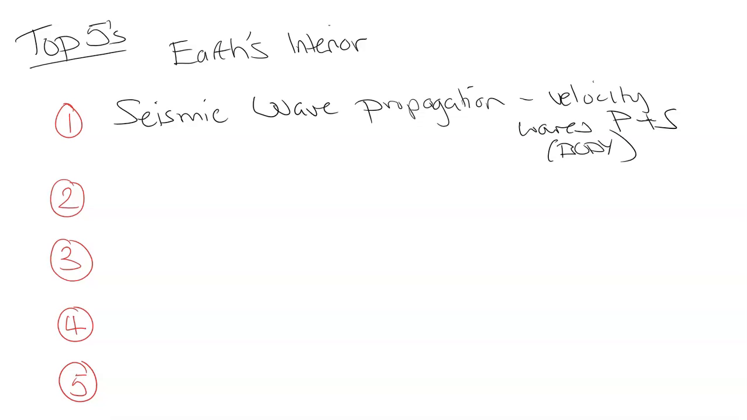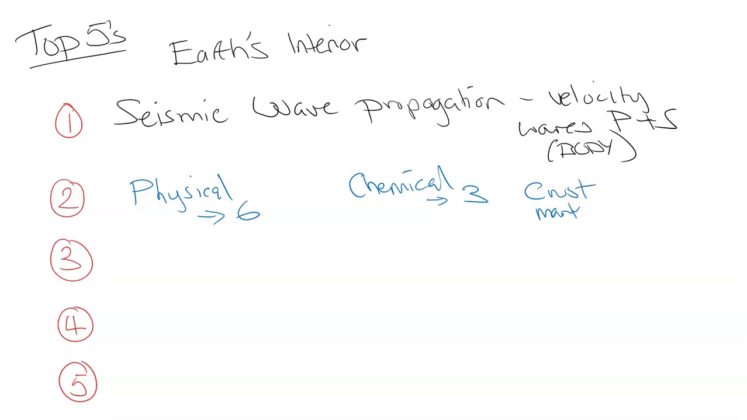Okay. Number two is there are two different ways to look at the Earth's interior. There is the physical way with 6 main layers, and we have the chemical way, which is the 3 main layers. So the 3 main layers for chemical is the crust, the mantle, and the core. Basically, 3 different compositions. Crust is 1, mantle is 2, core is 3. 3 separate compositions that make up the Earth's interior, whereas the physical is more on density and temperature differences and